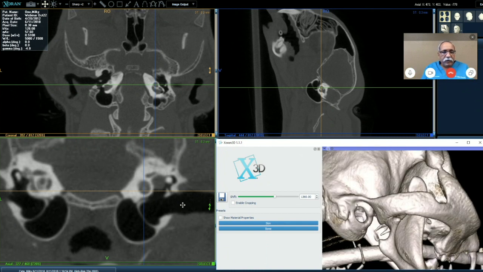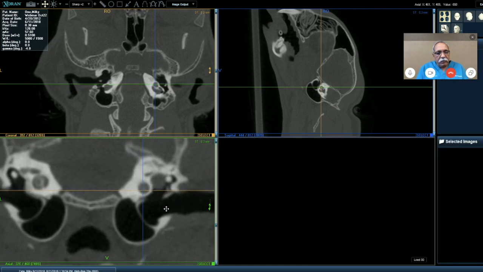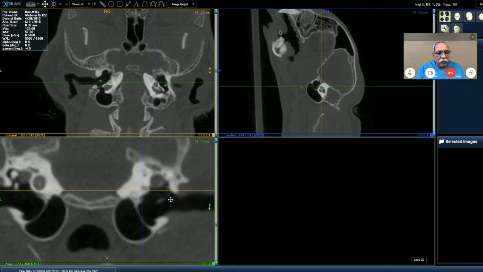So this is a very, very good example of normal CT. We are going to look at the ossicular chain. Right there is a malleus, that little bit arrow right on top of the cursor. Malleus is connected to the incus. So the incus head is